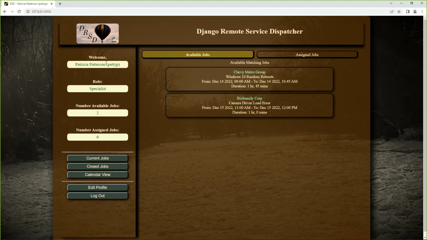The left panel shows the user, their role, and how many available and assigned jobs are in the current jobs view. For a specialist, only jobs that match their skills will be displayed here. Available jobs are new jobs that have not been assigned to a specialist yet, while assigned jobs have been assigned